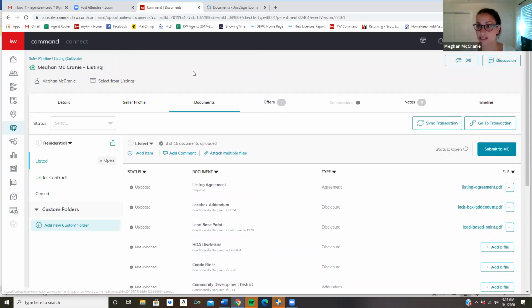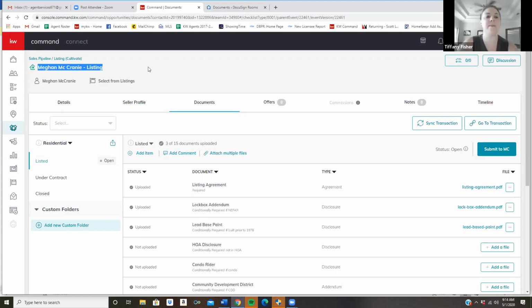So what's interesting now, because we had that problem with Dotloop, because we'd have to keep renaming it because some people were still doing compliance through Dotloop. Because we're doing compliance through this opportunity, I would say the end all be all of how it's named actually needs to be this opportunity, because that's what your MCAs see and that's what compliance will see. So the room is for your records. So if you rename it to the buyer's name, that's completely fine. This is what the end all be all needs to be.